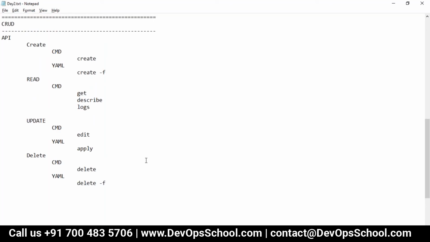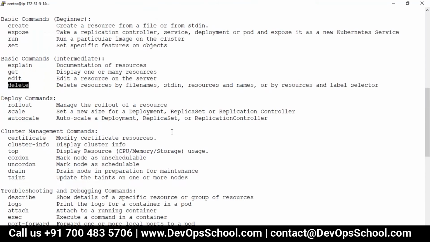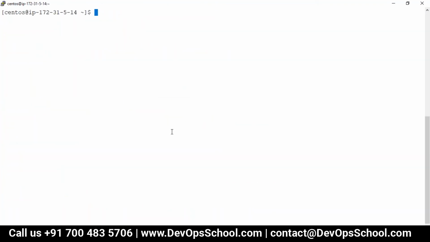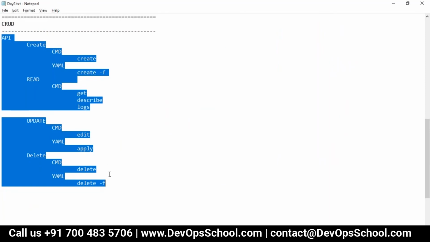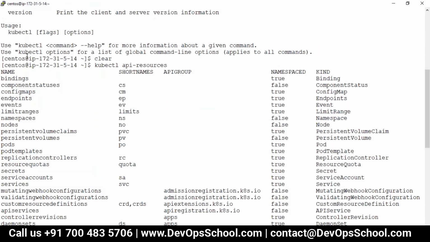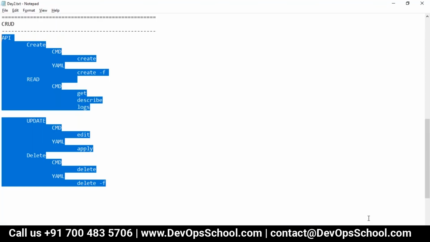So guys, in short, we have learned 1 command, 4 command, 5 command, 6 command, 7 command. This will be applicable for all of the API resources, not just 1, 2, 3, 4, everything. So please understand this pattern. That means now you know how to do the CRUD for all of these. Is that making sense, guys?